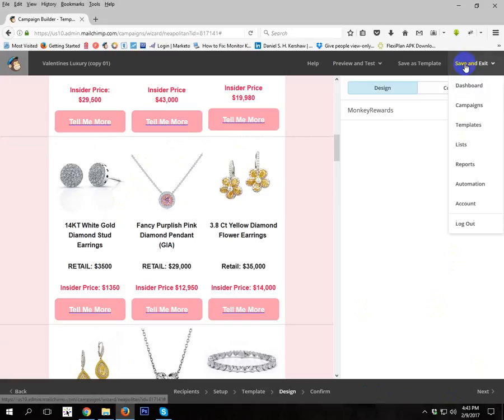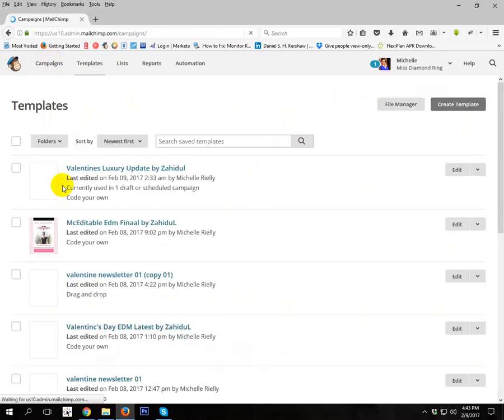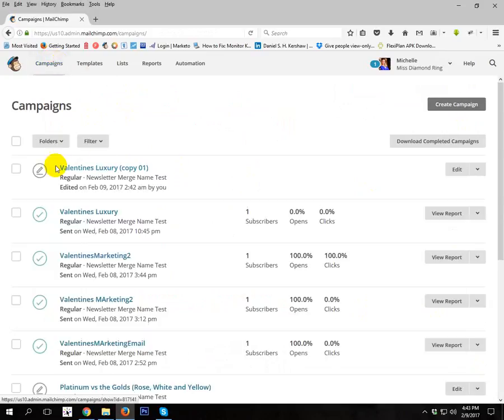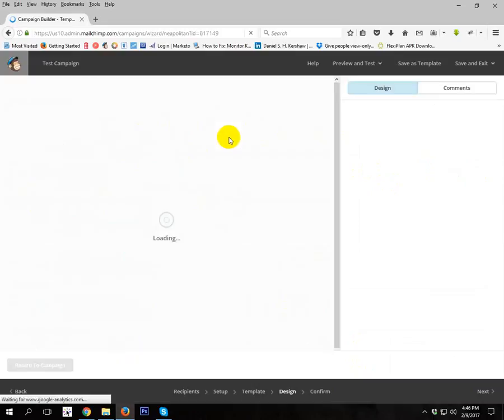I just keep it, save and exit, save and go to template. Okay, this is the campaign I have just edited right now. So you can edit this type of option, and now I will show you about the link. Now I will show using the original template how to keep the button text and button linking without the underline. I just go to edit this campaign. This is the test campaign. I have kept it again.